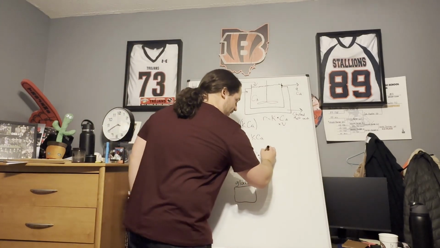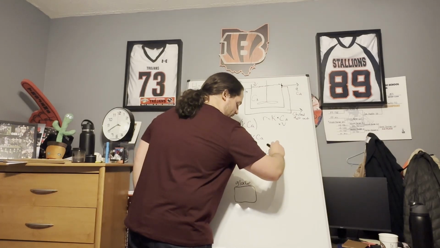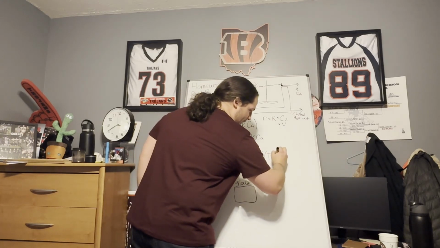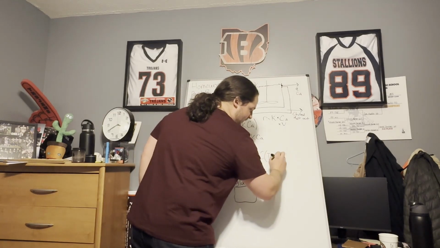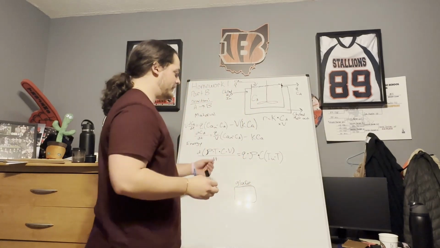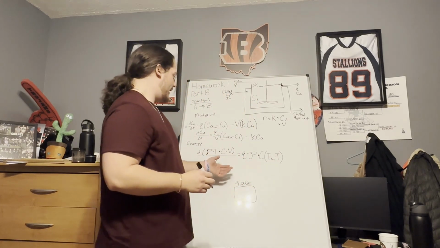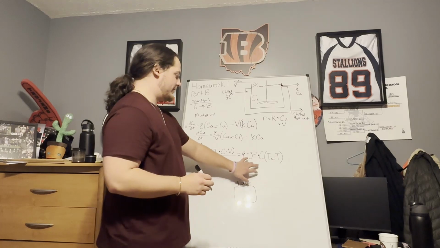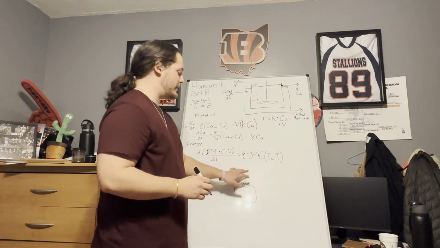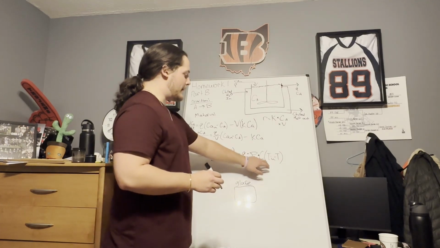So we can write that as T in minus our final temperature. So here we have our flow rate times our density times the specific heat capacity multiplied by the temperature gradient,